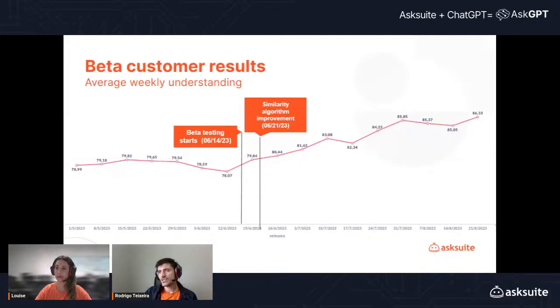In this particular case, the understanding rate moved from 79% to 86%, even without adding new content. So only by activating the feature, we saw this big improvement.